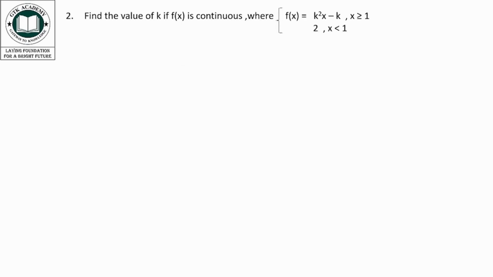Let's see the second question. Here we are being asked what is the value of k for the function to be continuous. Now this function is divided into two parts. One is y is equal to 2, and the other is y is equal to k square x minus k. So this is a straight line, this is a straight line. Both are continuous functions. So that means we have to check only at 1. If it becomes continuous at 1,